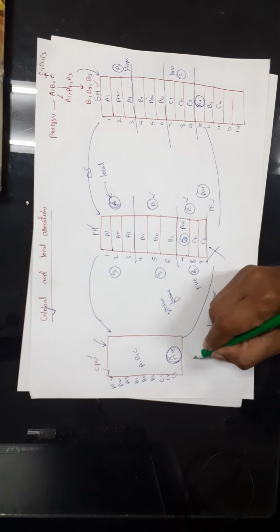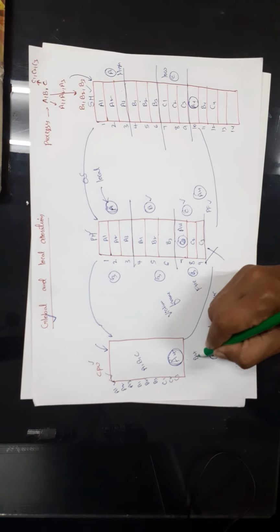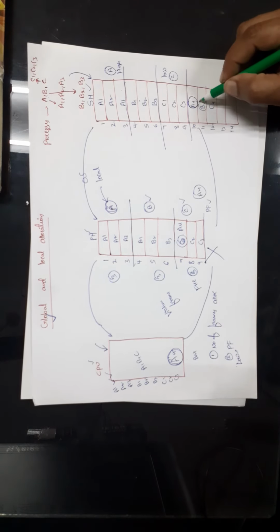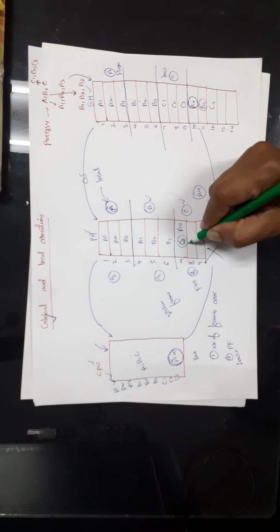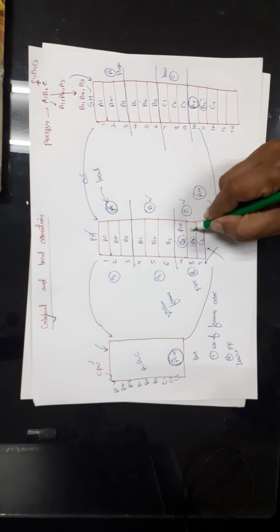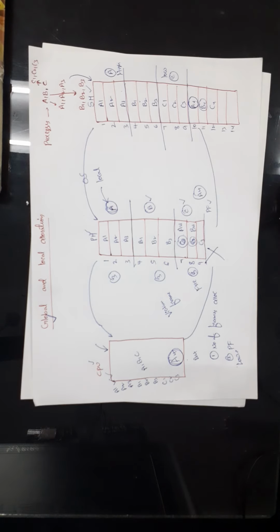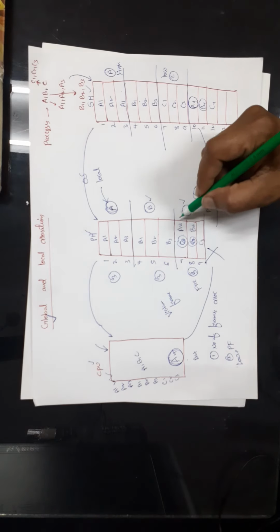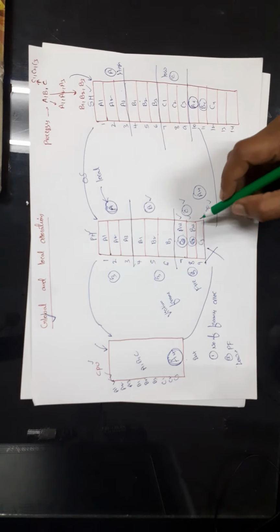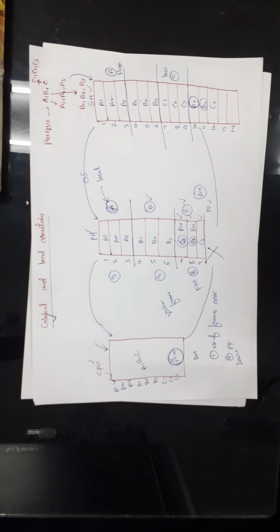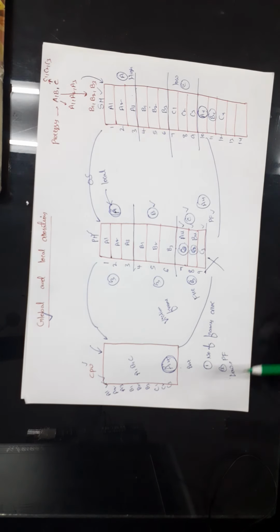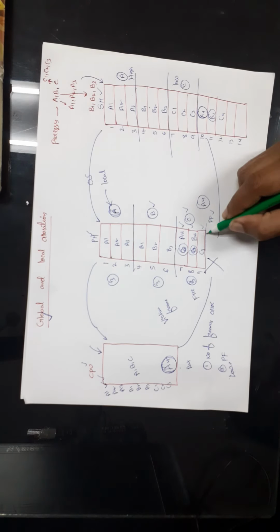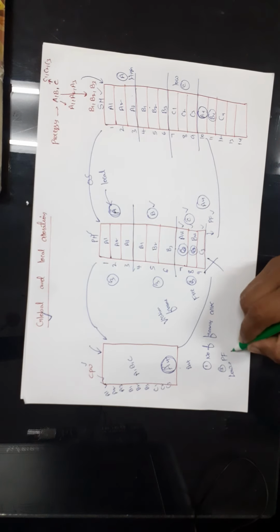Let us assume that after some time the CPU has requested for B4. Here we have B4, right? There is no free space, so we have to choose one victim frame. Here if you observe, C is the low priority process, so I can deallocate this memory location and I can allocate memory space for B4. If you observe, the number of frames allocated for A and B are increasing and the number of frames allocated for C is decreasing. Okay, that means here in global allocation, page faults for the low priority process will increase.